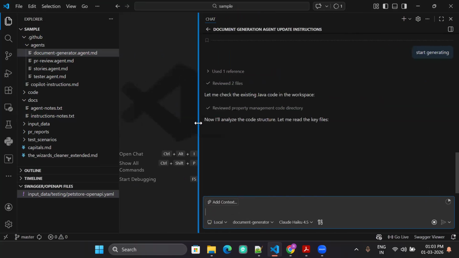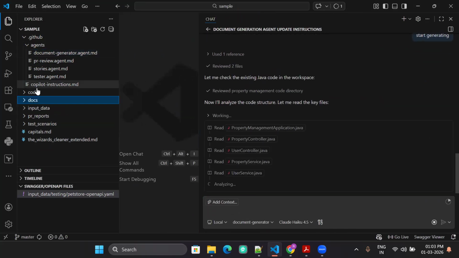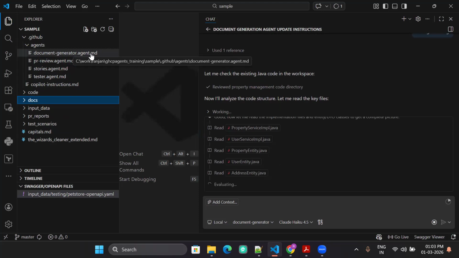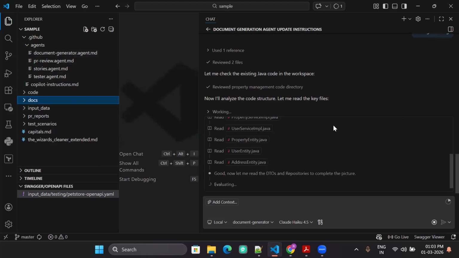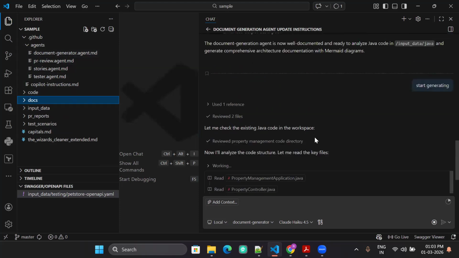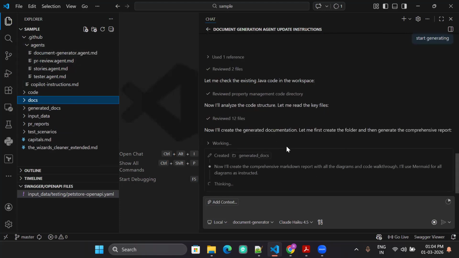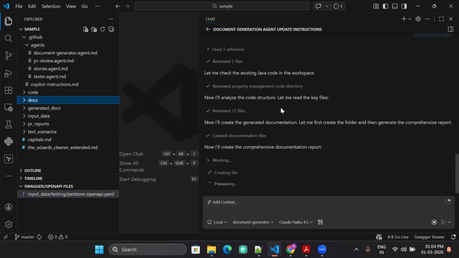But again, as I said, the code we have manually copy pasted, so we can write a tool to read this and put it here, the code first, as step one of the agent, and tell that agent to do that using that tool. Step two, analyze, review, and generate documents. Step three, push it to an artifact like a Confluence or a wiki page in your organization. Then the document is always there. And if you connect this to a pipeline, then the documents are always up to date with your code.